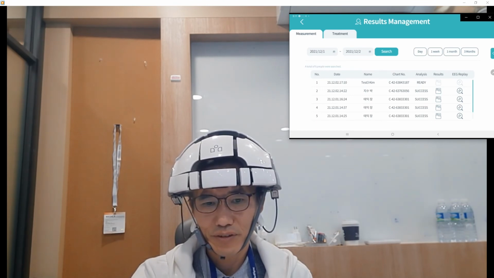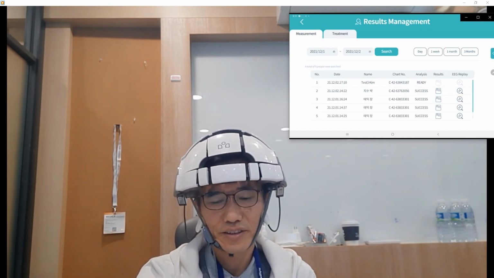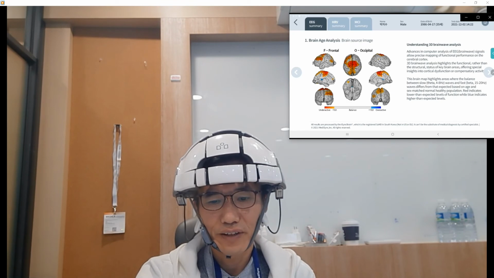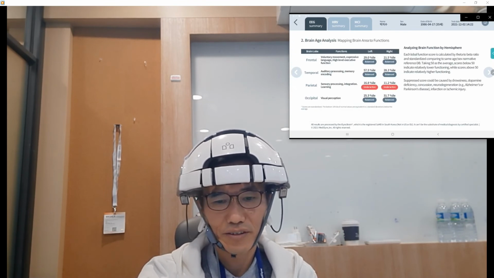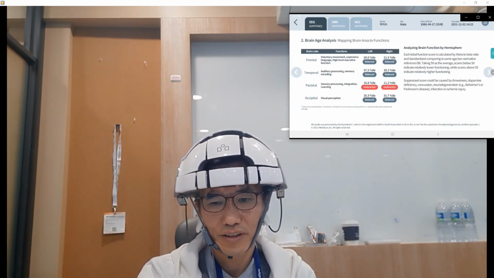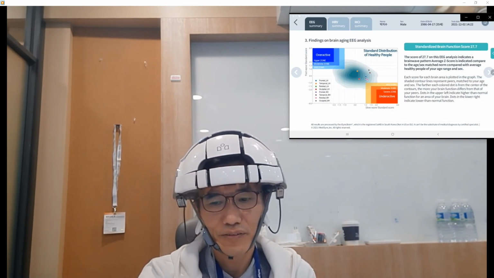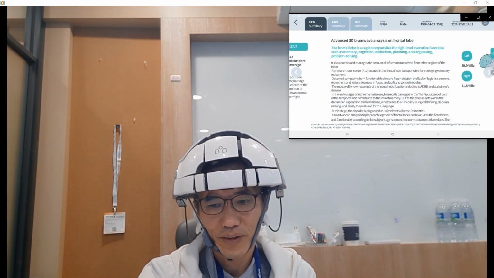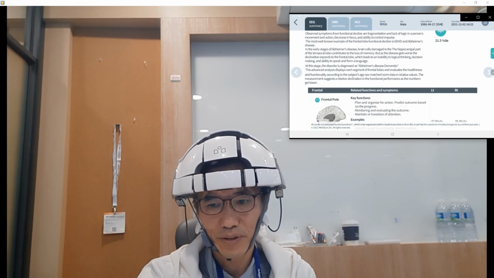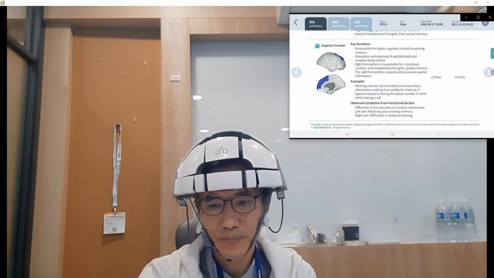Like this, for example, you can find the EEG summary of specific clients in the source level Z-score mapping, and you can also find this kind of underactive area. In this case, the parietal area is underactive, and you can find the two-dimensional charts for the activation profile of the specific brain, and you can find the very detailed ROI explanation and percentile. In this case, the superior frontal activation is very low in this specific case,